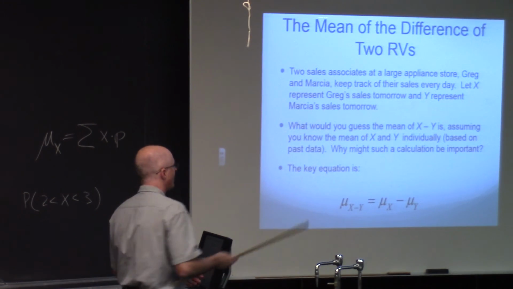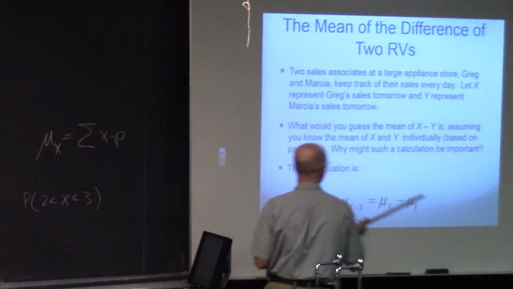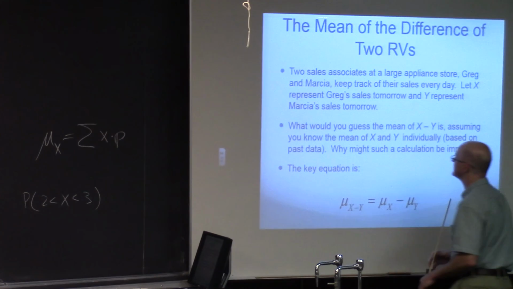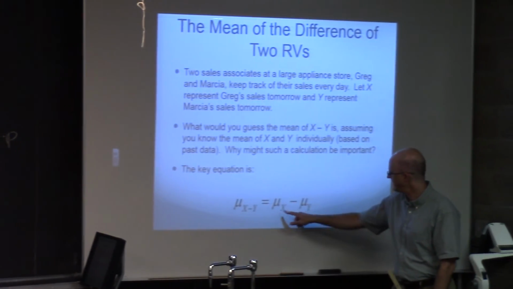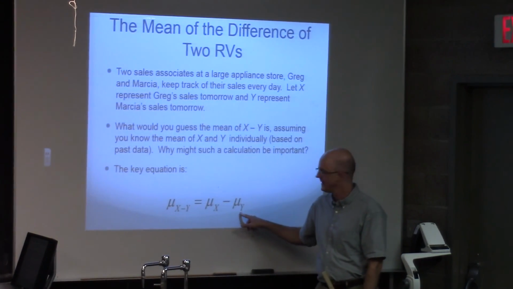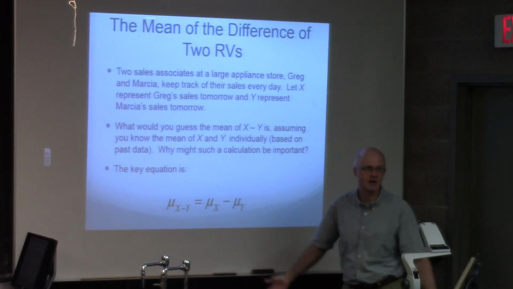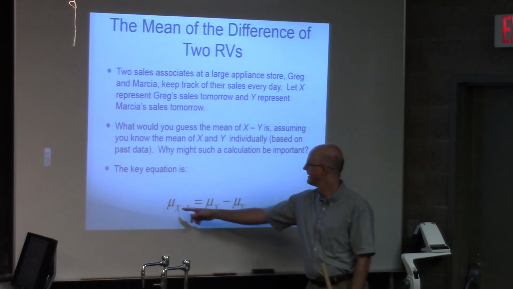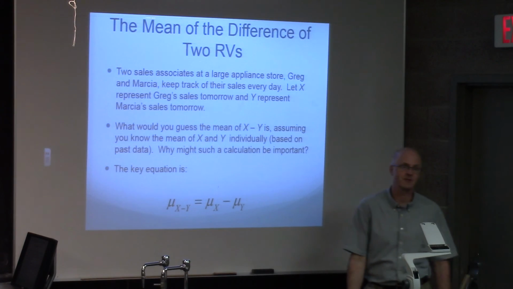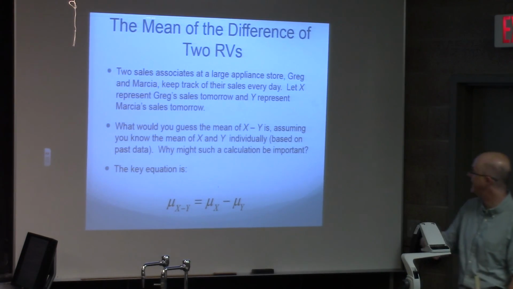Well, if Greg's average sales every day is $1,000 and Marcia's is $1,100, then that would be 1,000, that would be 1,100. 1,000 minus 1,100 is negative 100. The mean of x minus y would be negative 100. The fact that that's negative and the fact that x is Greg and y is Marcia